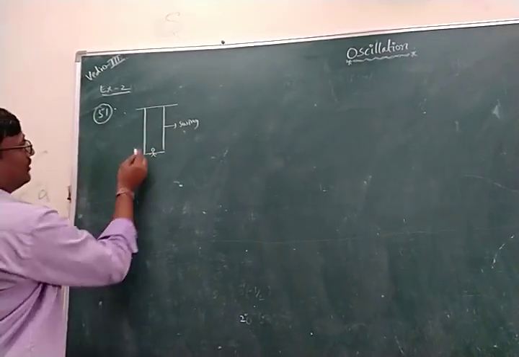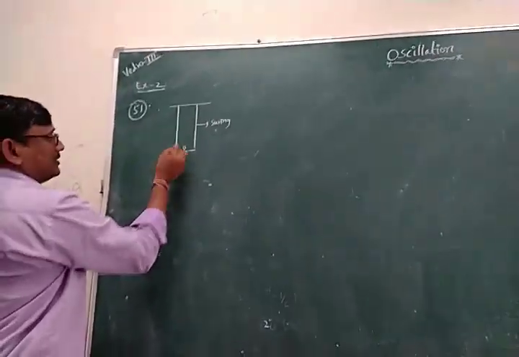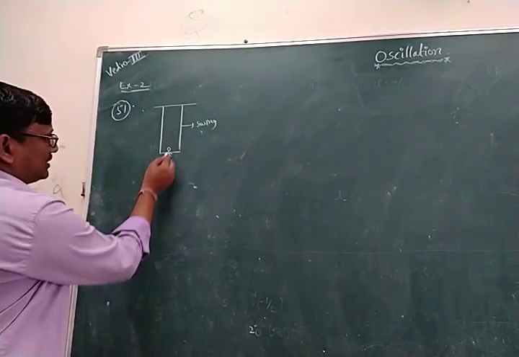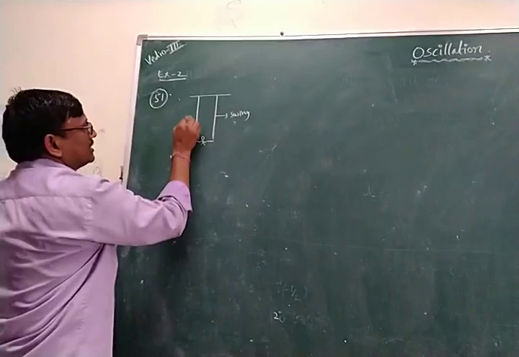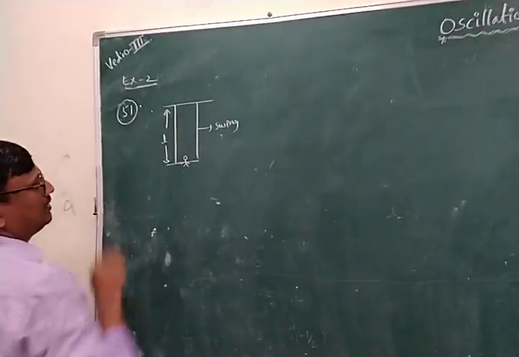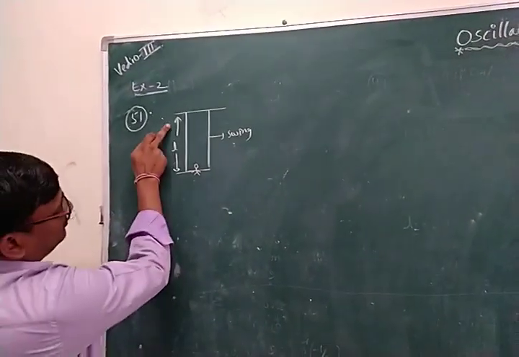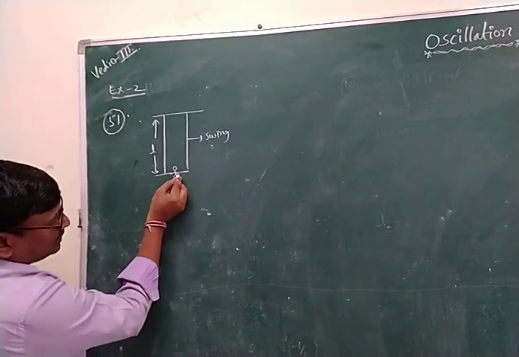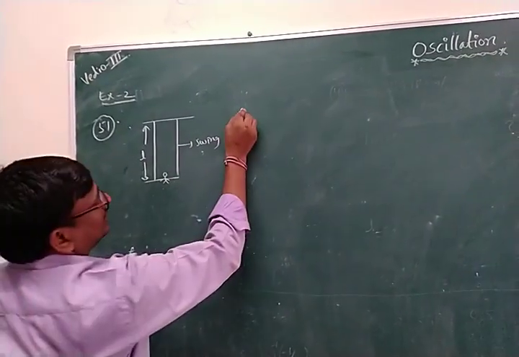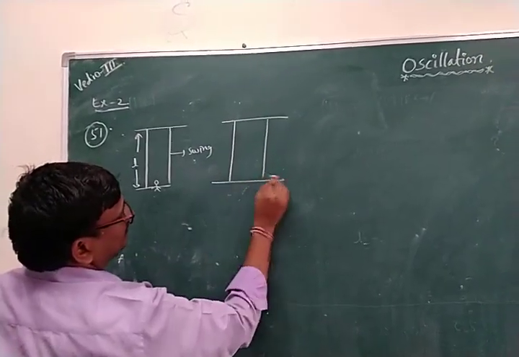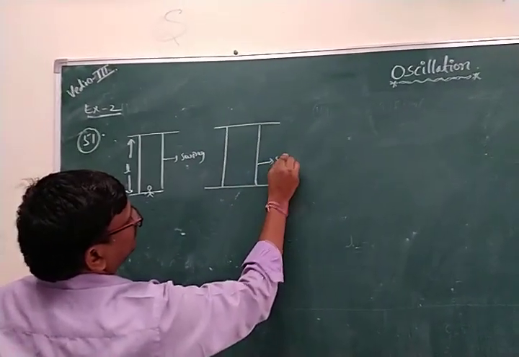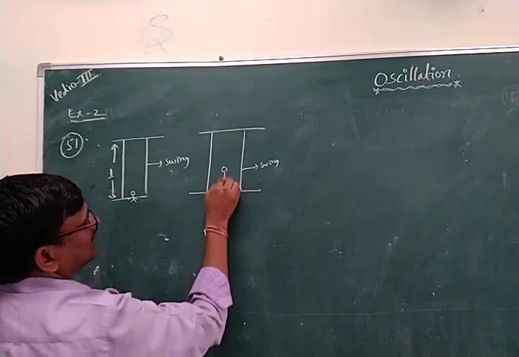But we know that the distance from the center of the body to the point of suspension is the length of the pendulum. Now, how much is the length of the pendulum here? When she stands, it is the same swing, but she stands.